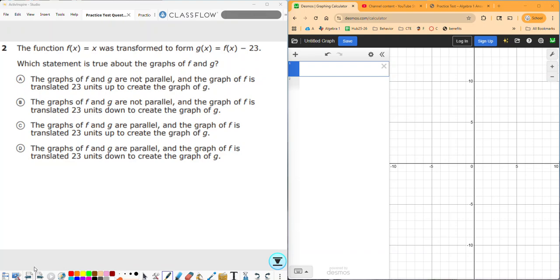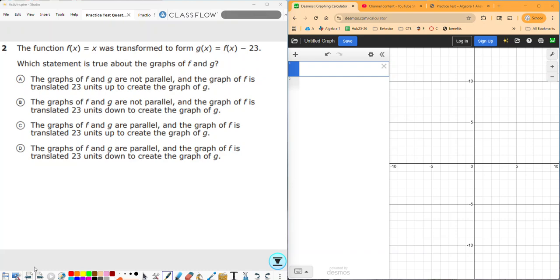Algebra 1, question 2. We have the function f of x equals x. It was transformed to form a new function, g of x equals f of x minus 23. So which statement is true about the graphs of f and g? Probably the easiest way to tackle this problem is to actually graph f of x and g of x on